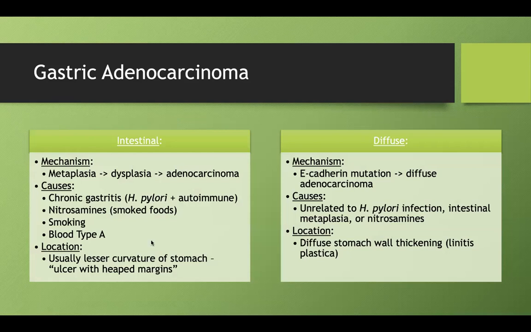And here's some of the risk factors. I just mentioned this person had chronic autoimmune gastritis, so they'd be at risk, but any of these risk factors can be a cause. And keep in mind, there's a totally different pathway that doesn't even require these risk factors. As long as you have this mutation, it can cause it. So,